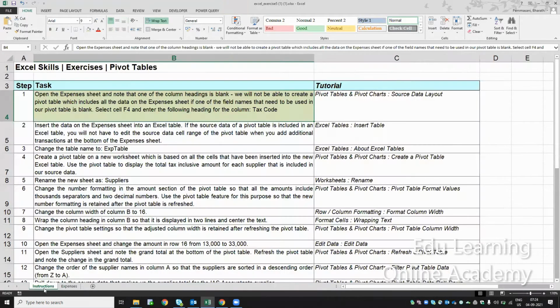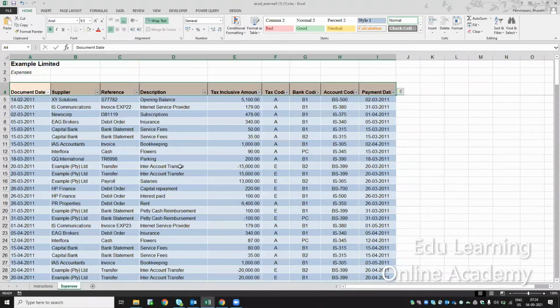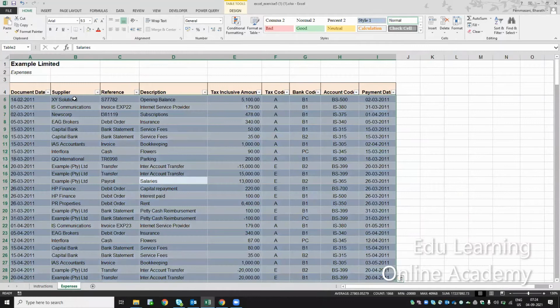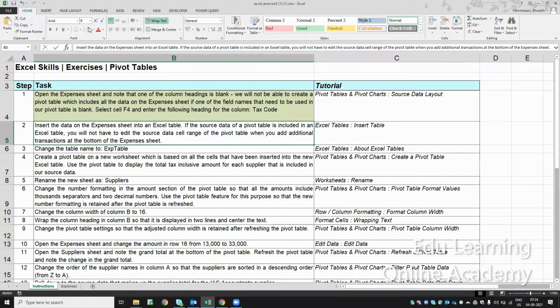So the next thing is they're asking to convert the table into a range. Okay, now I have converted this table into a range. A table has some specific properties. See here, what is the name of the table? Table 2. Team, do you have any doubt in the first and second point? You're clear, right?